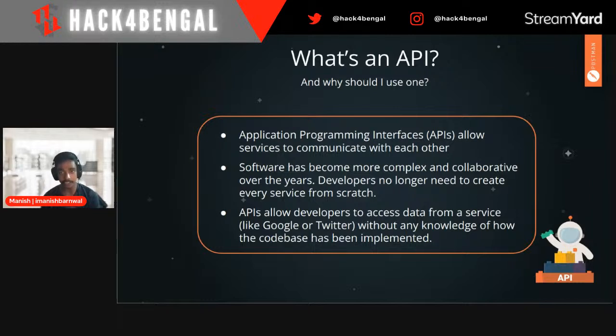Basically, they don't have access to all the code bases of Google Map, but Google can create APIs, so developers can get information from their services without accessing their code bases. They just take the API and integrate it with their app. That's it. Both developers and non-developers use APIs to get data from popular services like Twitter, Google, or use them in their own projects. Even if you are using an app with Google Map, you are getting access to that API. So even if you don't know tech, you are using an API.